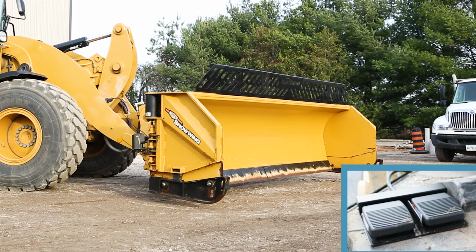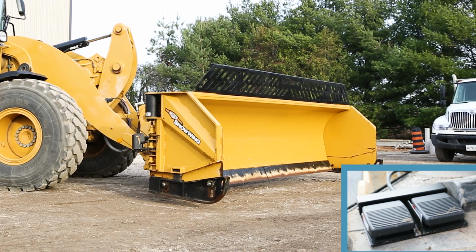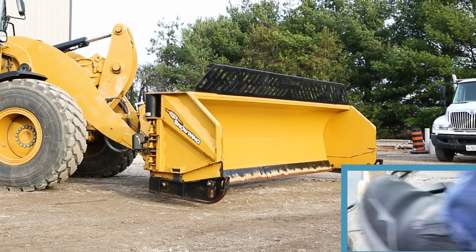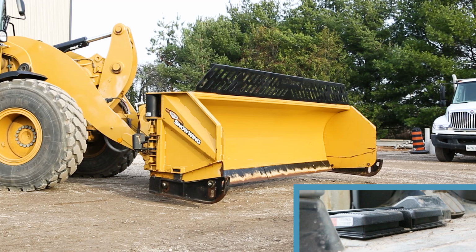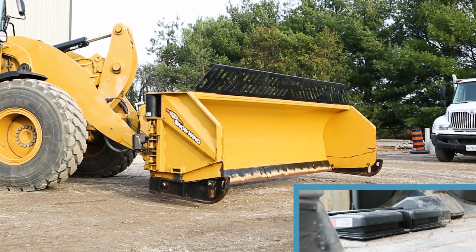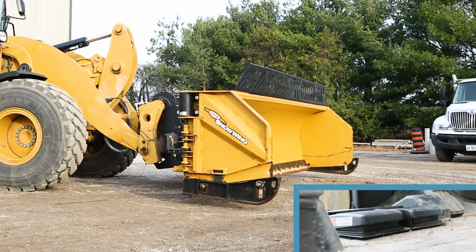I'd like to talk to you today about our new optional foot switch control for the HLA Snow wing. So as you can see right now, we have a right and a left button here on our foot switch. When neither of them is depressed, when I hit the auxiliary control on the loader joystick, the plow simply angles